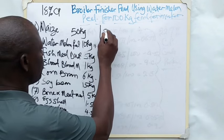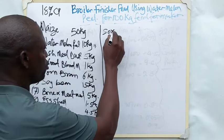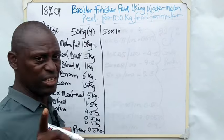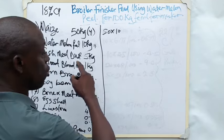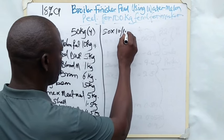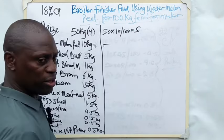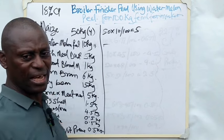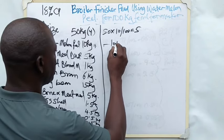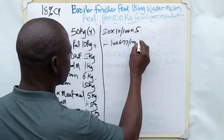Now, number 1 is maize, 50 kg. We are using yellow corn. Yellow corn is 10% crude protein, while white corn is 8.5% or 8% crude protein. Let's use yellow corn here. 50 times 10 divided by 100 gives us 5. Next one is watermelon, 10 kg at 6.77. That is 10 times 6.77 divided by 100, which will give us